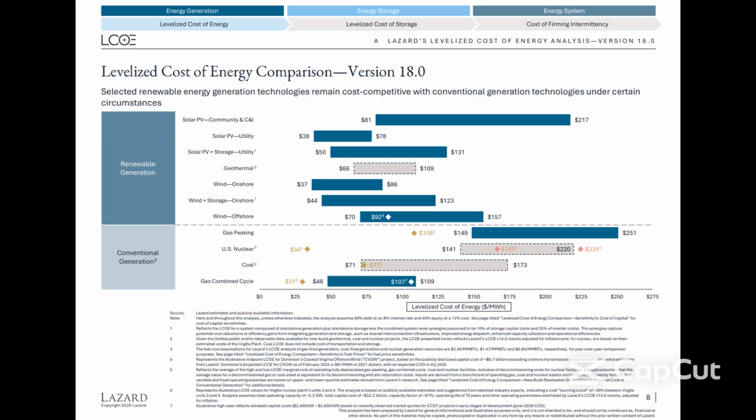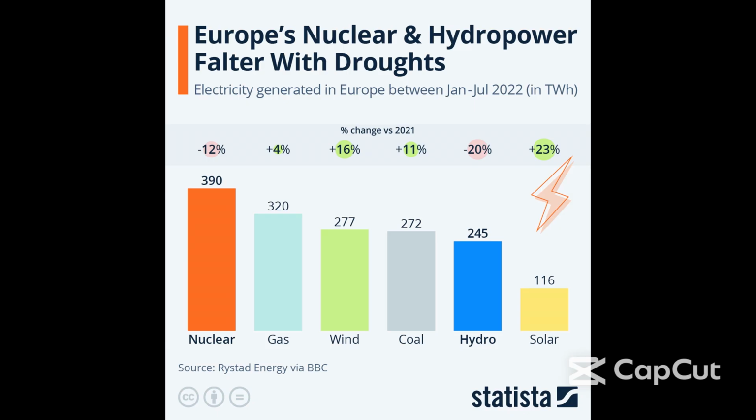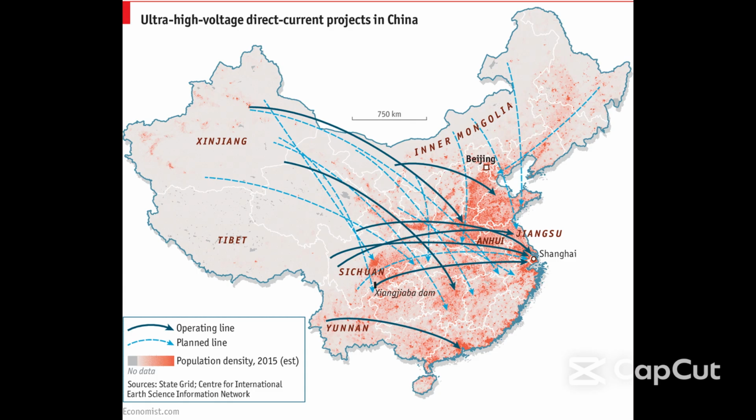Also, nuclear power isn't as weather-independent as you'd think at first. In fact, because of the water requirements, it functions more like hydropower if you're doing it inland. If you don't have enough water or the water is too hot, then you have to curtail electricity production. And if you hook it up to the ocean, then you have to run ultra-high voltage power lines from areas